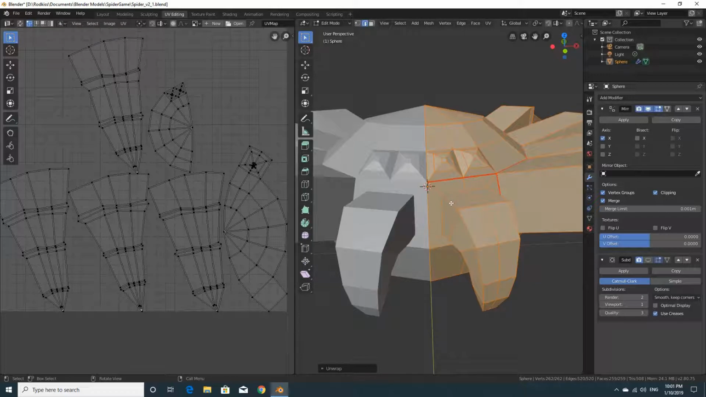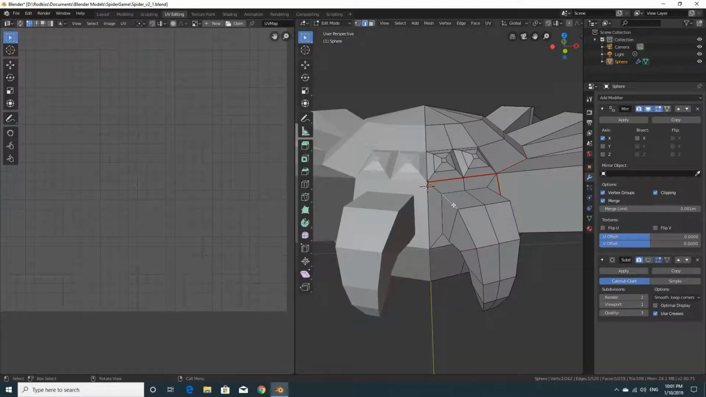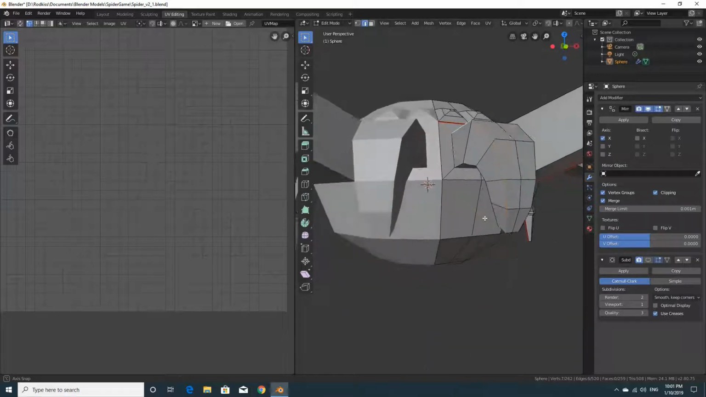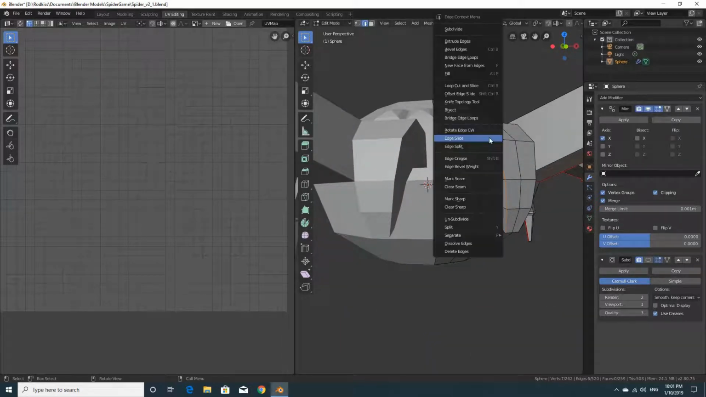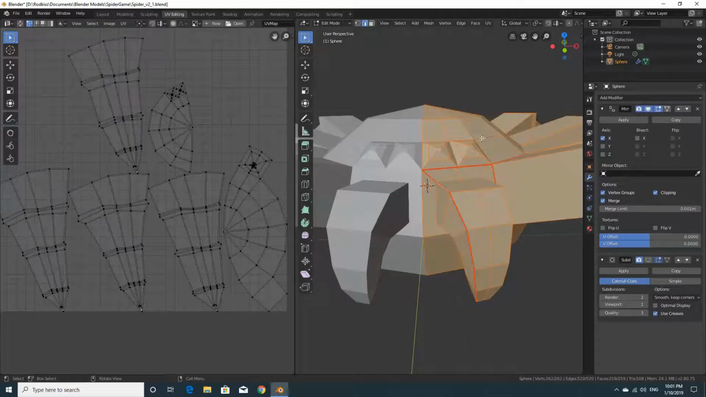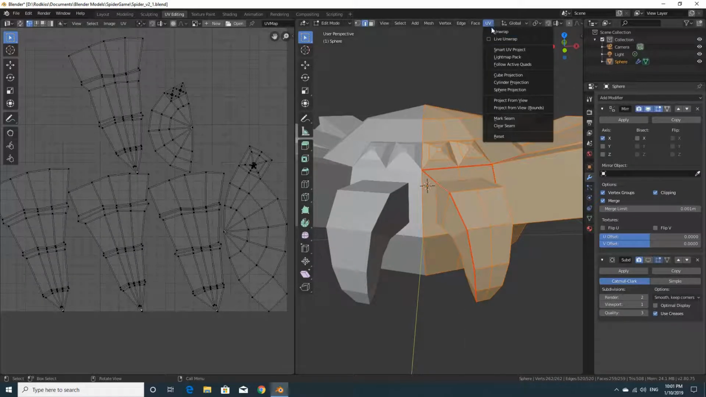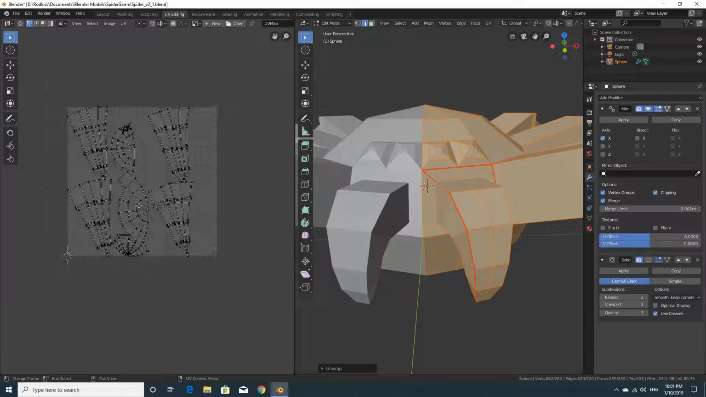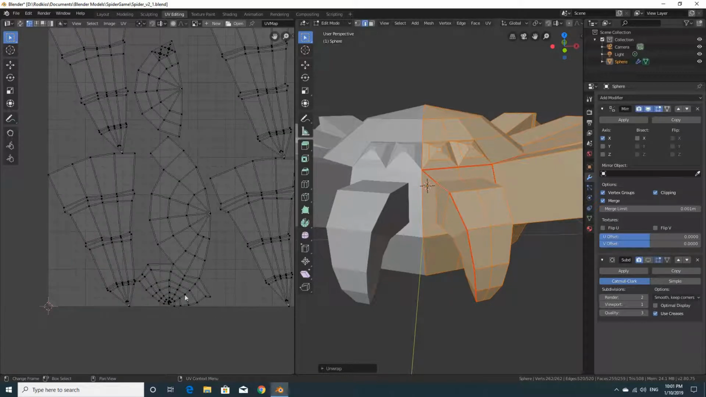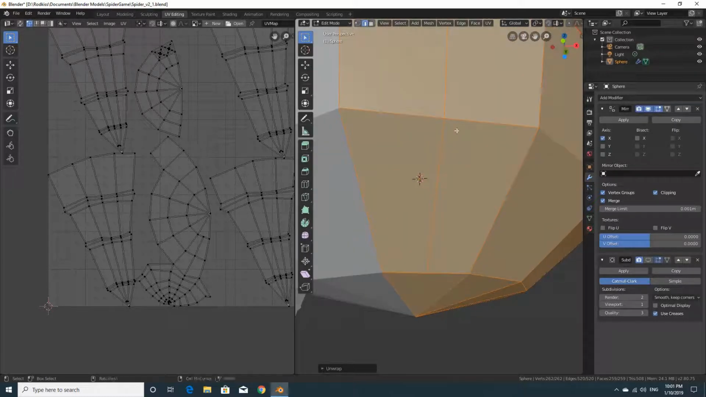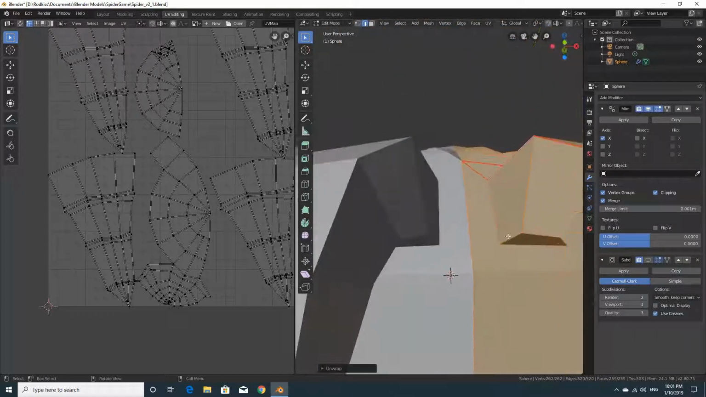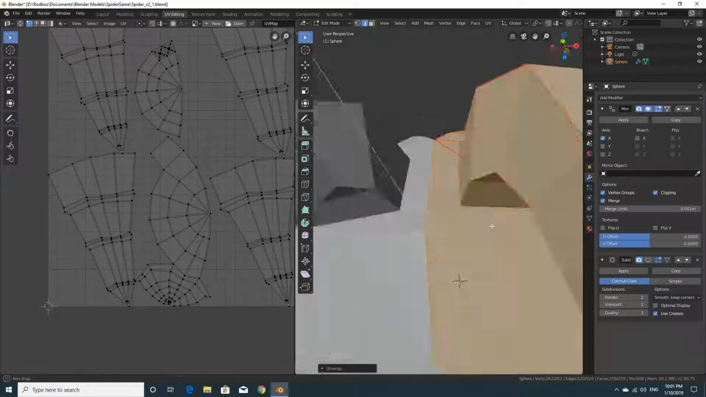So maybe if I just do Alt and click on this inner edge, and maybe right click and mark the seam, and then let's see what that looks like when I unwrap. So unwrap, so it looks like the fang's been unwrapped to this one, and it seems joined up to the bottom half here. So maybe if I can mark a couple more,